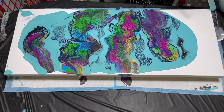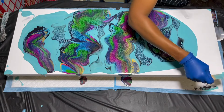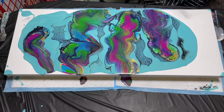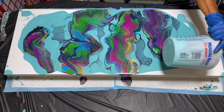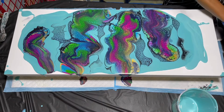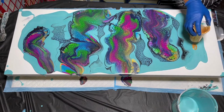They're so pretty. I'm kind of thinking perhaps I'm gonna put some more on this end. What do I wanna do? Because it's weighted that way. My last swipe is that way. So perhaps I'll do a little one here too, just to make sure it's balanced in the end. I'm gonna save a little bit because I still have to add flow extender on this side. So just a little one here,